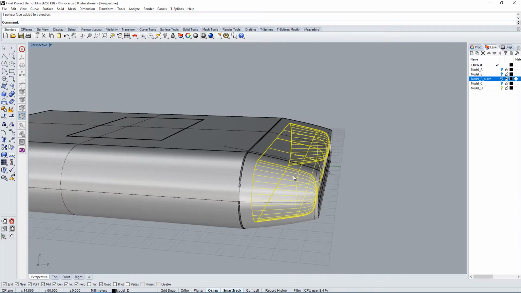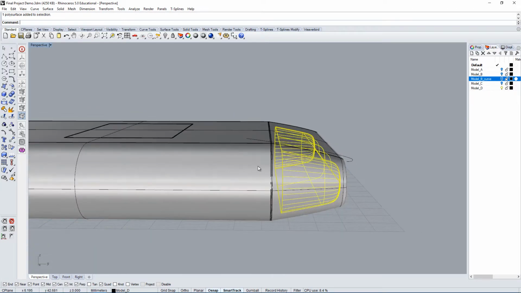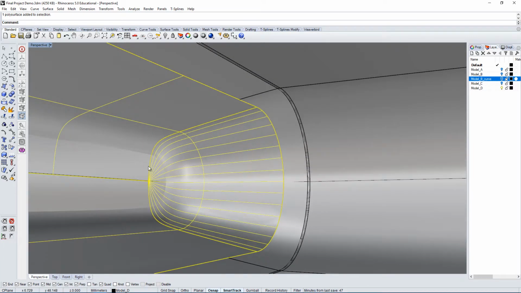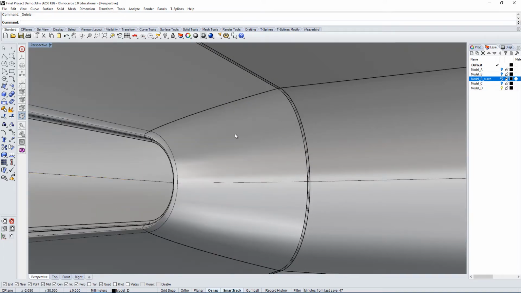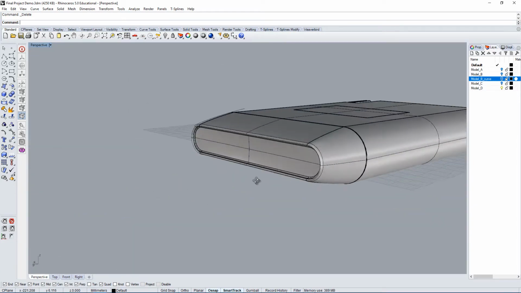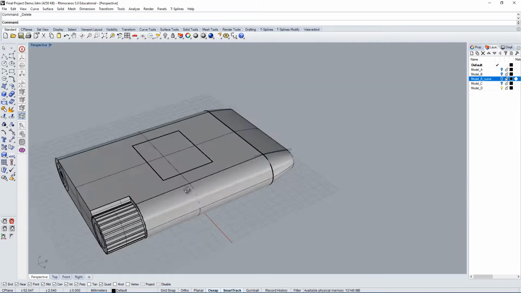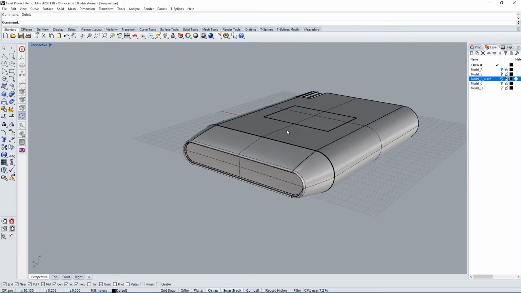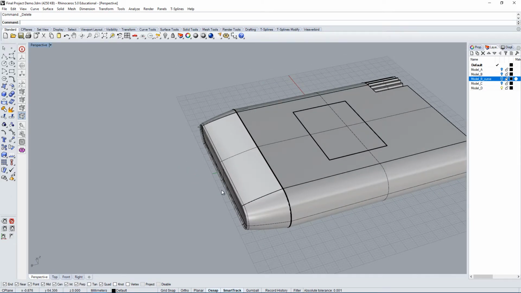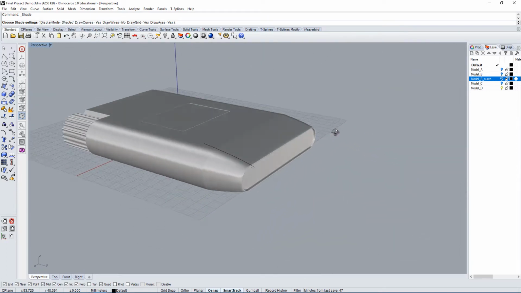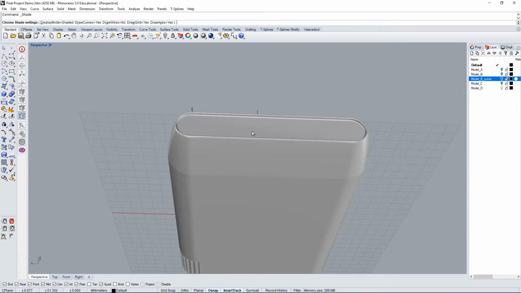This is here because it was a surface used for the thickness. It was on the inside of the object. And honestly, we don't need it for now, so I'll just delete this surface. But so you can see how this process would be used to create some really, really nice clean surfaces, really nice highlights. And it's not very difficult to achieve this type of surfaces.